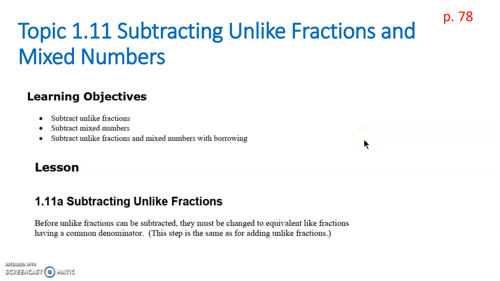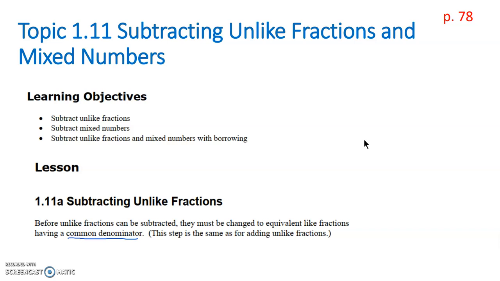Hi, in this lesson, topic 1.11, we're going to subtract unlike fractions and mixed numbers. We're going to look at one style of borrowing when we borrow from a whole number. And the first thing we need to do, though, is to make unlike fractions into like fractions. We do this by finding a common denominator. We try our best to find the lowest common denominator,